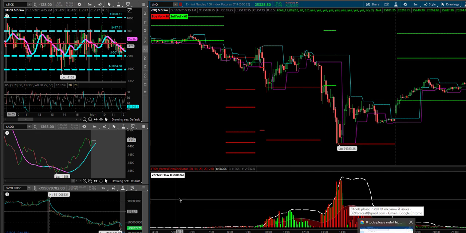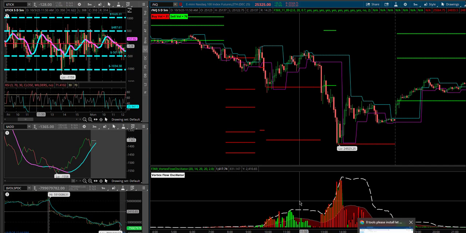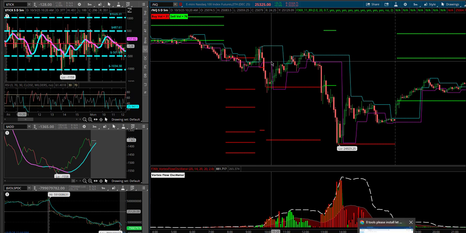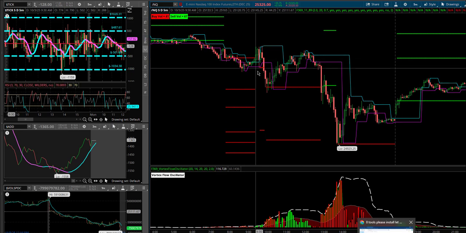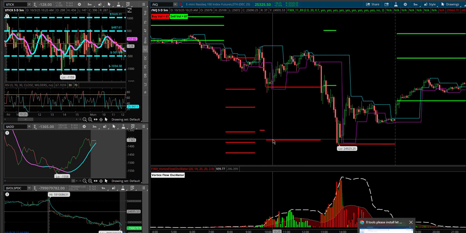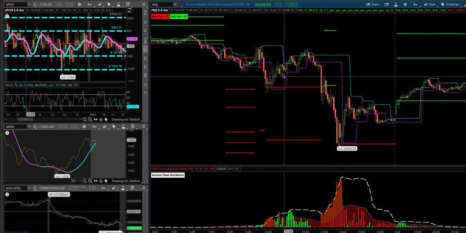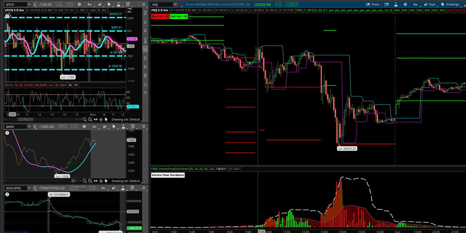Here on the bottom, we have Vortex flow oscillator, which is giving us the power of buyers and sellers. We have these energy bands, and we have what we call 1189 pricing model. On the left side, we have taken dollar tick, which is the instrument on thinkorswim,